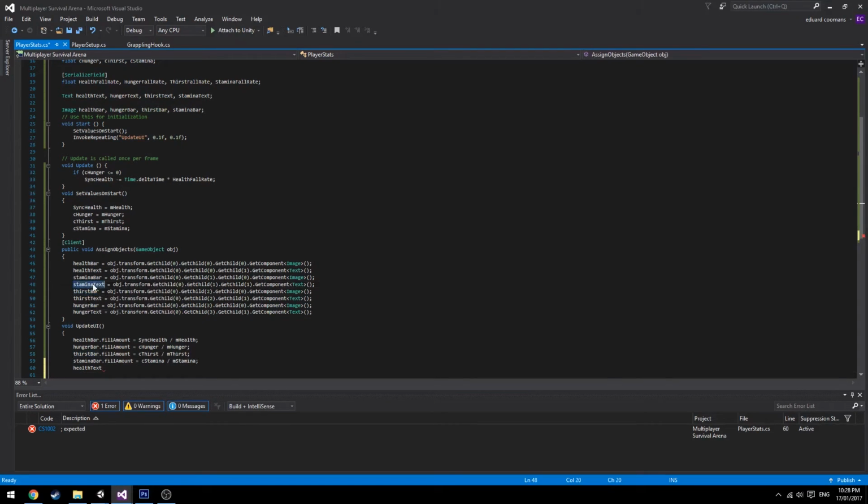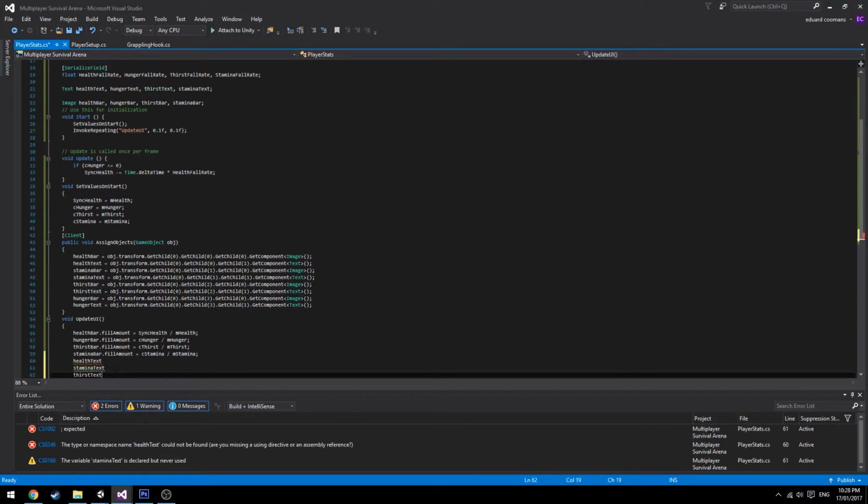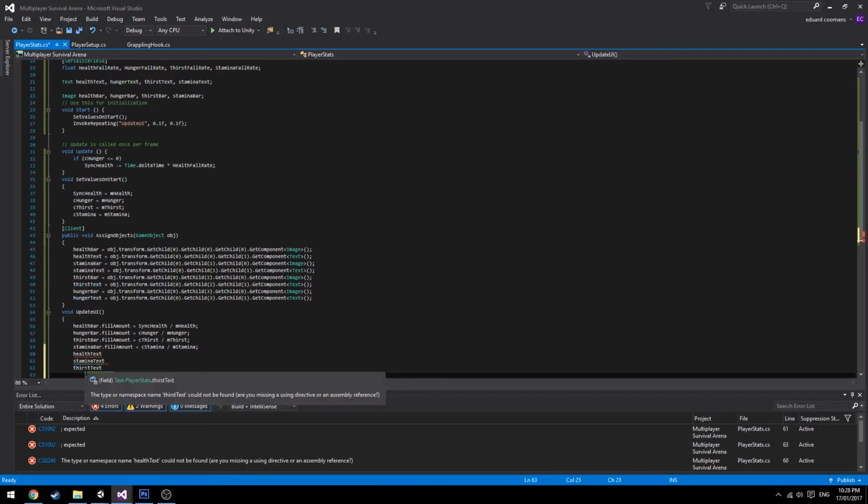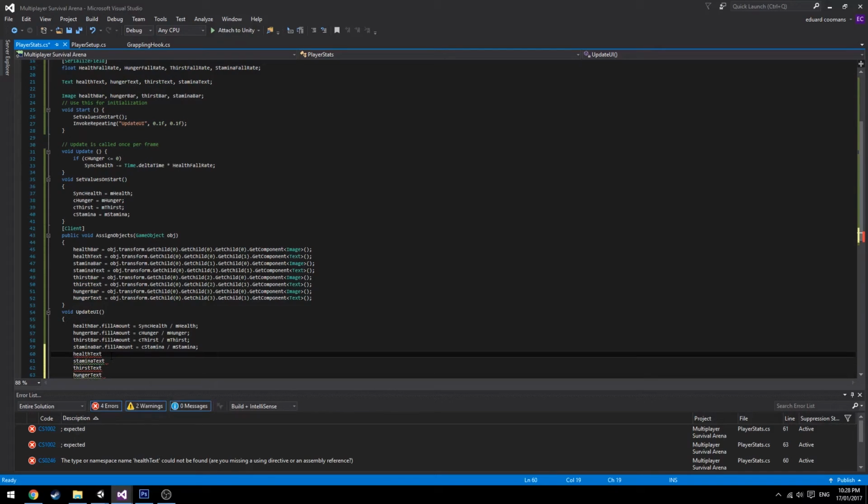We'll add stamina text, thirst text, and the hunger text, and we say equals. You can make it however you want. You can just have numbers. But for now, I'm just going to say HP text, and we're going to